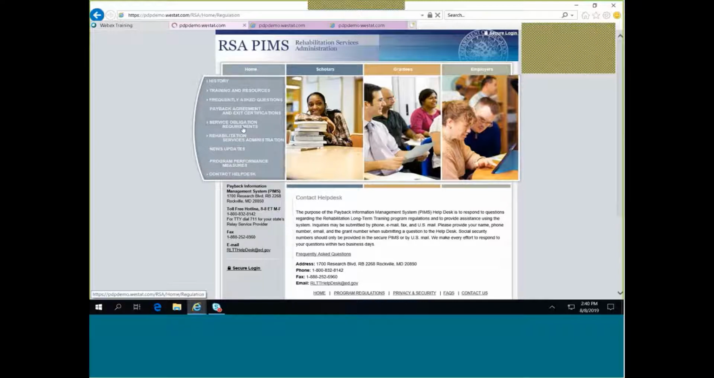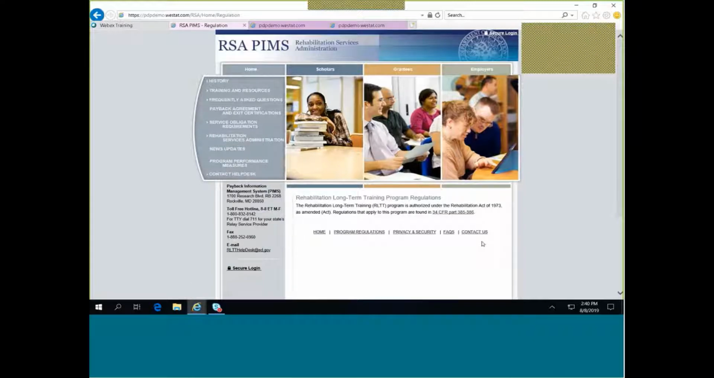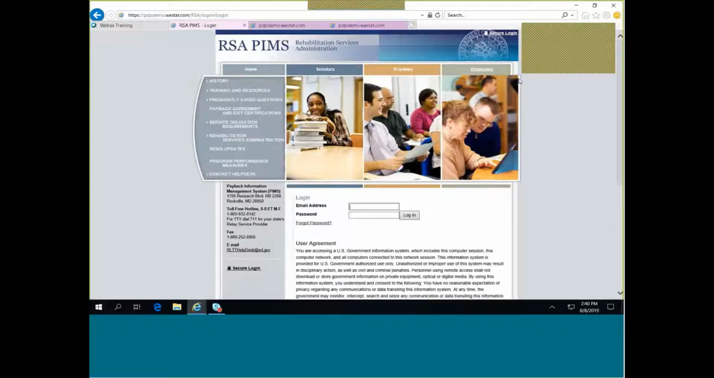We do also, from here, have a link to the regulations that you can easily get to if needed, and just a few other pages that are accessible to anybody. So to log in, you'll see up in this right-hand corner it says Secure Login. So you'll click on that, and